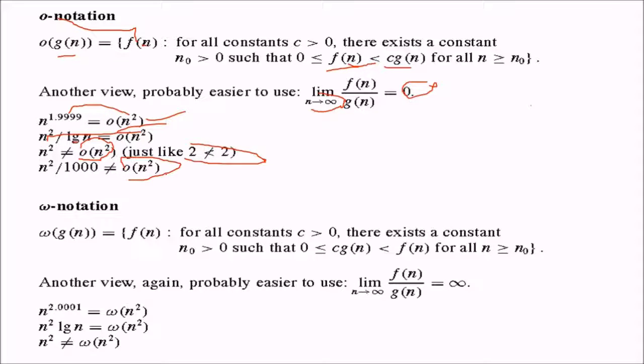Please understand that. About omega notation, this is the lower bound, but it will never touch. So f(n) will always be higher than c g(n). So this c g(n) is a lower bound, and this only means f(n) by g(n) for n equal to infinity will be infinity, will be undefined. Here it is 0, it is undefined. For n to the power 2.001, we'll scrap this and take n square. For n square log n, we'll take n square. But n square will not be equal to small omega of n square because they are not going to touch at all.